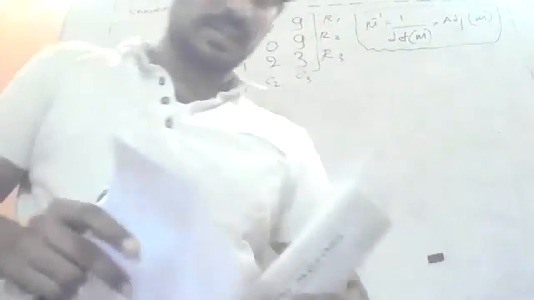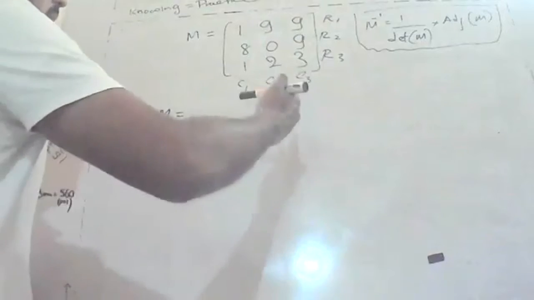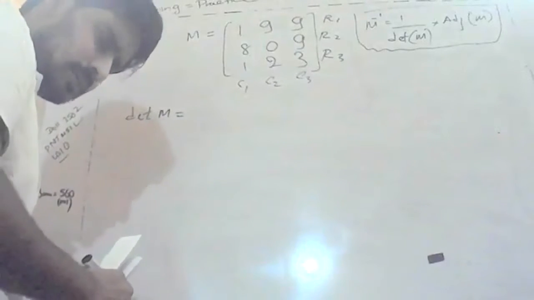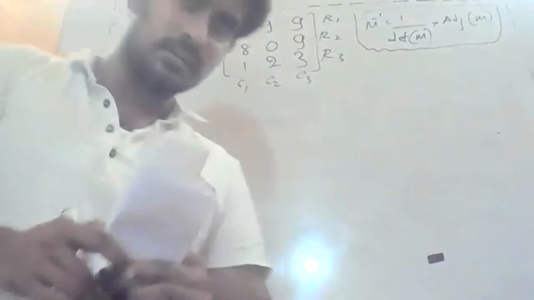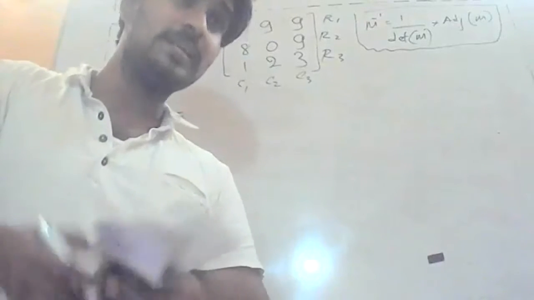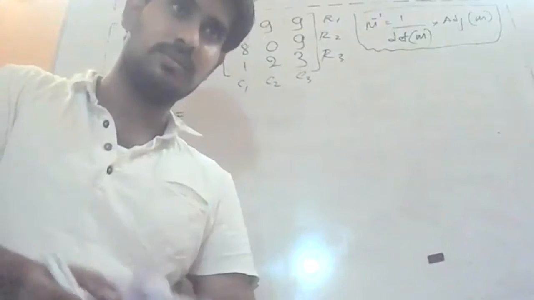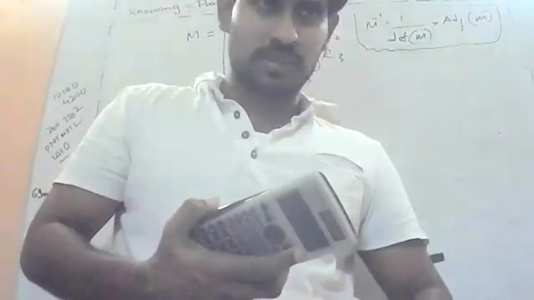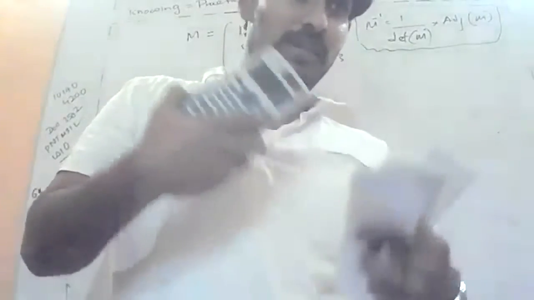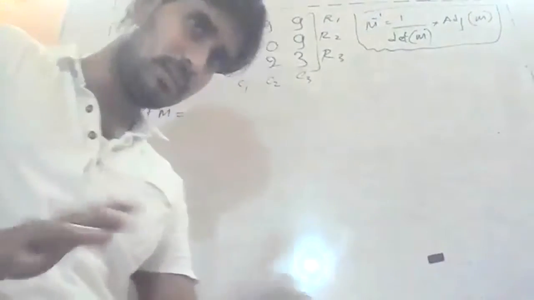Det M. Now there is a method, so please focus on this method. This is the way to do that. Finding the determinant manually is a little bit difficult because you have to do it manually, so the tendency to make errors is very high. That is why mostly we use a scientific calculator. In another video we will see, or if possible in this video I will try to teach you, how to find the determinant by using the calculator. Now we learn how to do it manually.